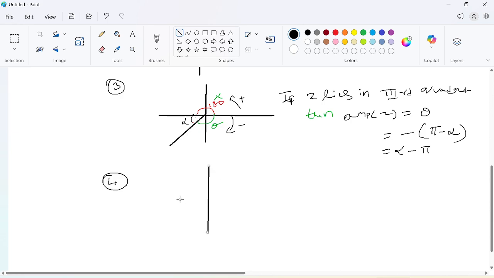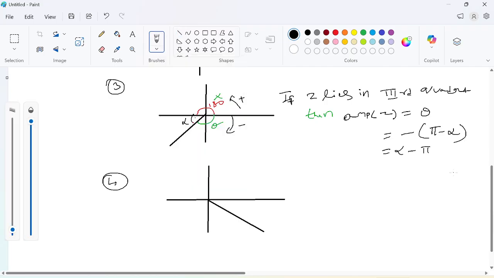Fourth case. Now what will be the fourth case? If Z lies in the fourth quadrant, that means this one. So Z lies in the fourth quadrant. Now let us take this as theta. So if Z lies in the fourth quadrant,